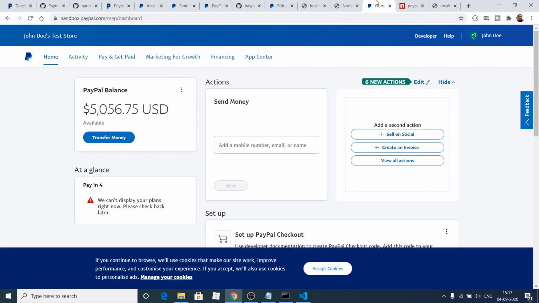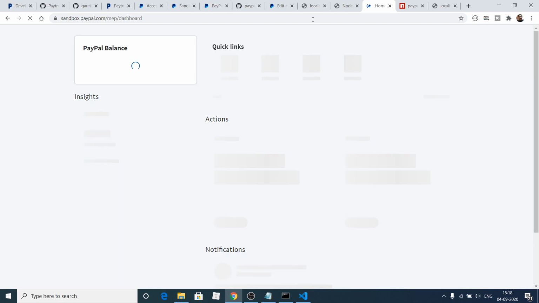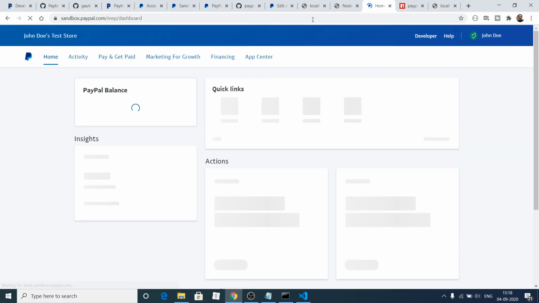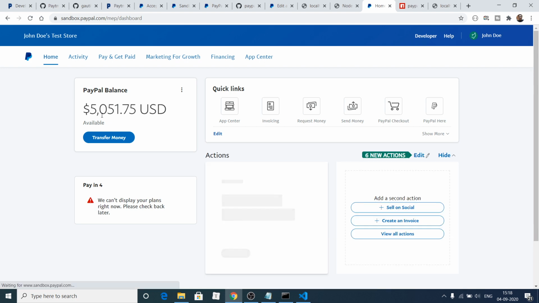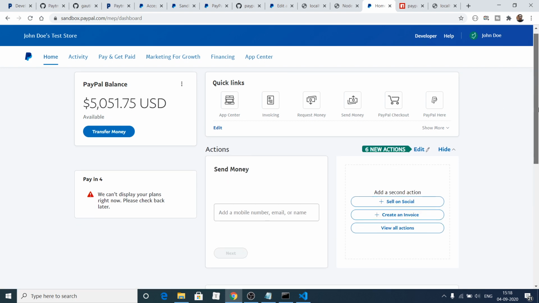So now we can check this if it is really made or not. So just wait, we are checking here. So now you can see that the payment has been received.